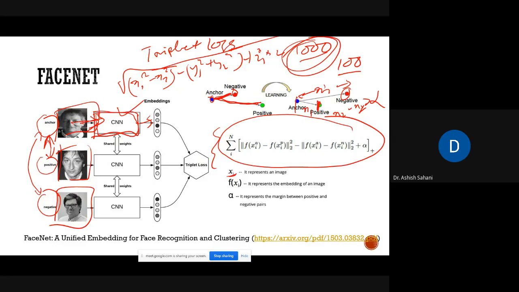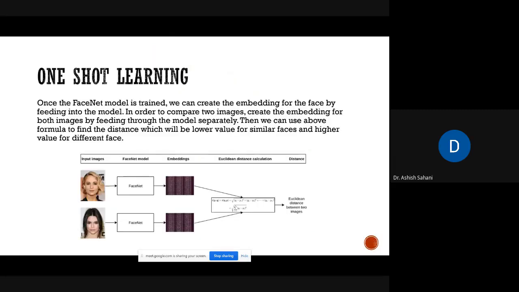For that, once the CNN is trained, this is the FaceNet CNN, which is trained. After that, it can work in a one-shot learning form. Suppose this is the new person who arrived in your organization. You pass that person's face image, just one image, into the FaceNet architecture, and you get an embedding of say 5 numbers. You store this embedding in a file. Next time the same person comes before the camera, you calculate the embedding.